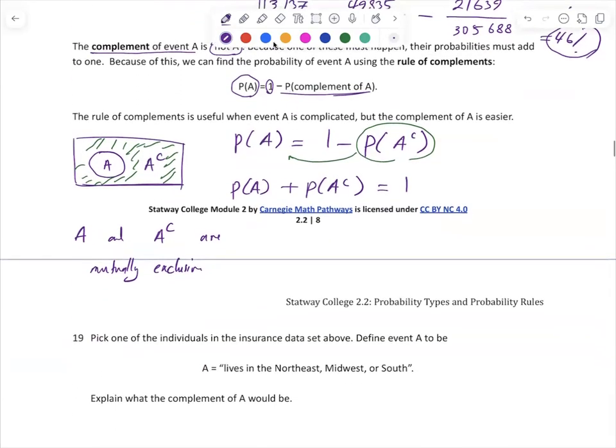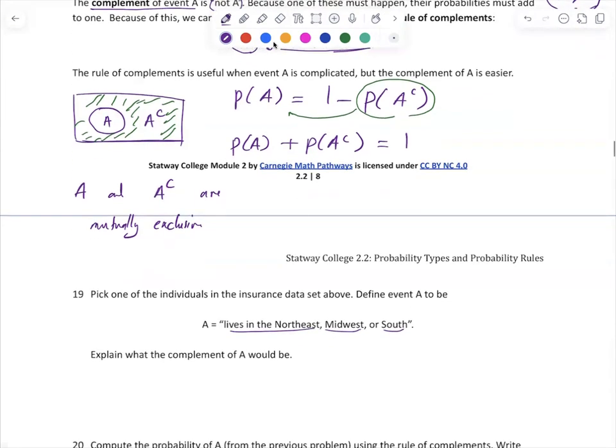The question says, pick one of the individuals in the insurance data set above. Define event A to be A lives in the Northeast, Midwest, or South. Explain what the complement of A would be. Let's just write down the event, the complement of the event, then we're going to move on to the probability. So the complement of A is the person who does